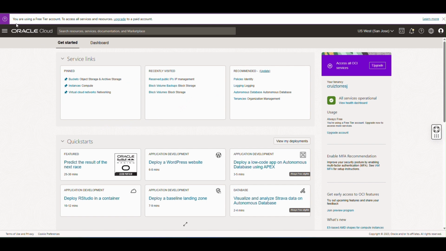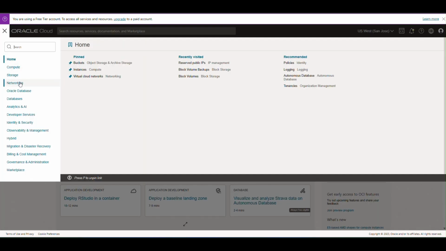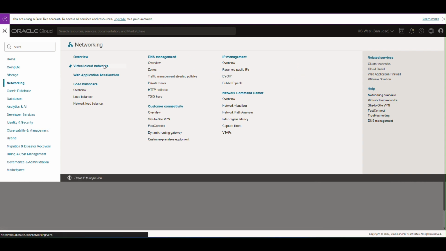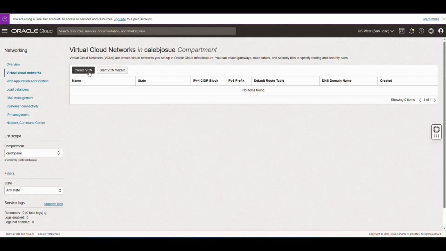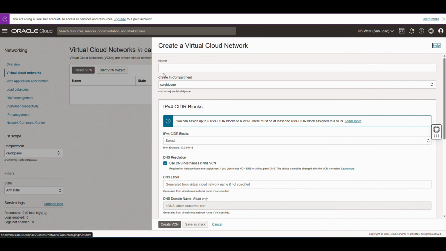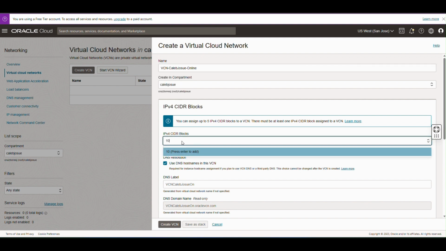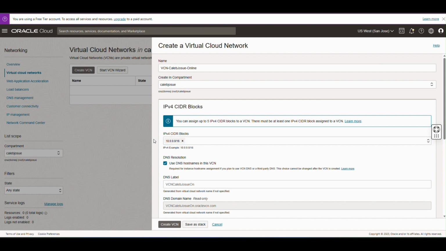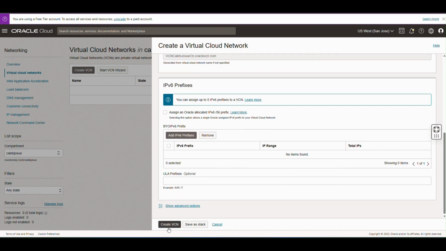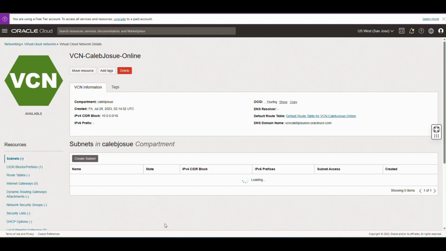So here we are. Let's click on this menu and choose networking, virtual cloud networks, and we are going to click on create virtual cloud network. We need to provide a name, so in here I am choosing this name for my network, and we also need to provide the CIDR block associated with this network. We can click on create, and